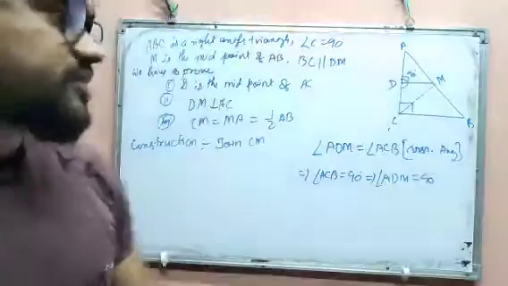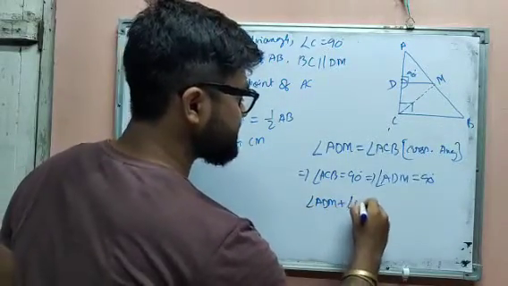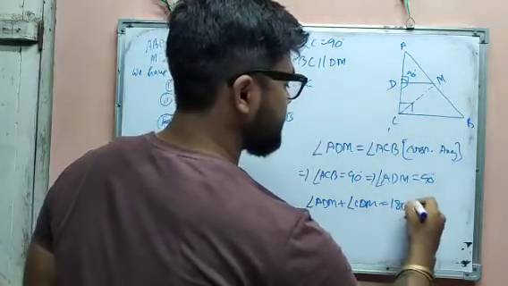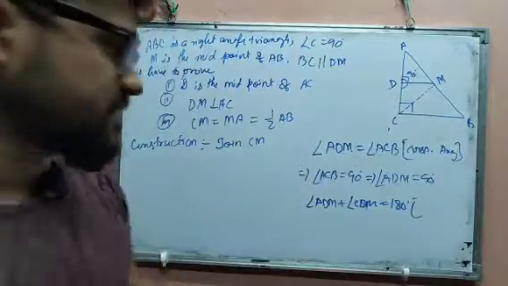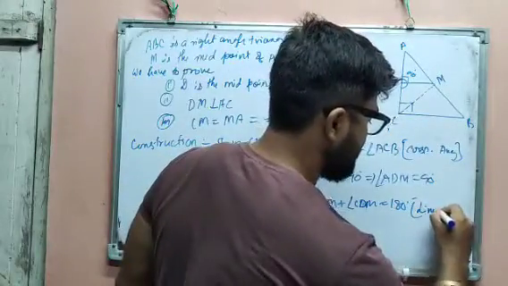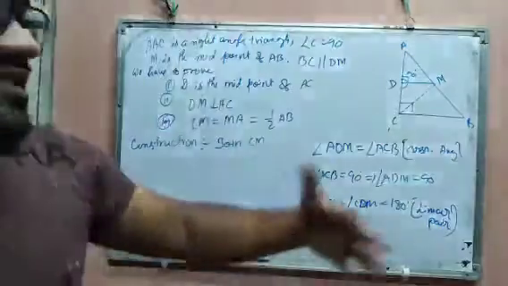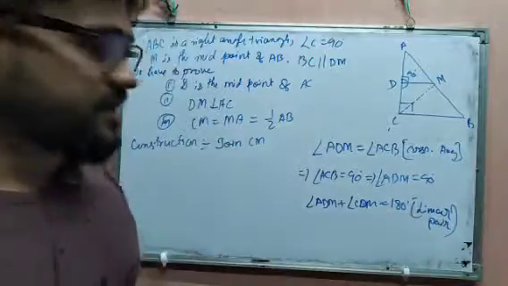Okay. Now we have to check one more thing, that angle ADM plus angle CDM equals 180 degrees. Go to chapter 6. There is a linear pair equation, right? So this is a linear pair. Now you got the idea how all the chapters are interlinked. According to linear pair, it is 180 degrees.